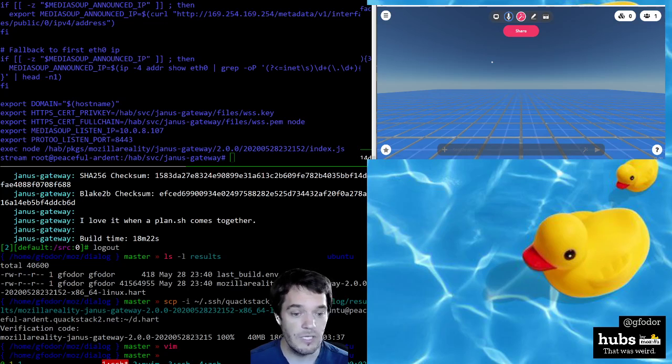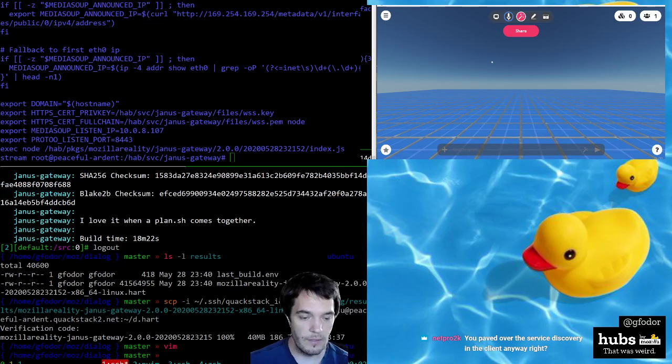I forgot, we don't actually need to worry about that here, because from the supervisor's point of view, this is running Janus and it's reporting it as running Janus. The service group is called Janus Gateway, and so Reticulum is happy to think that Janus is running and therefore did assign this room to this node. I was thinking perhaps there'd be some problem with that, but there isn't. So really the only piece left for me to get this test out is to just go ahead, and I have to add some,